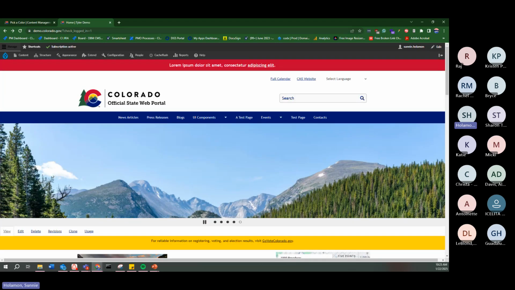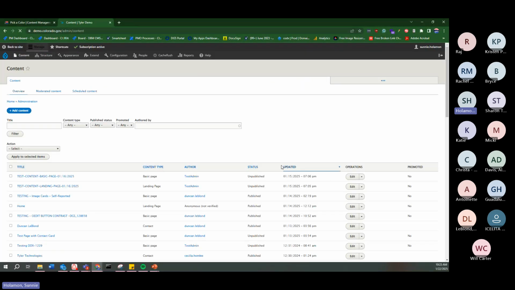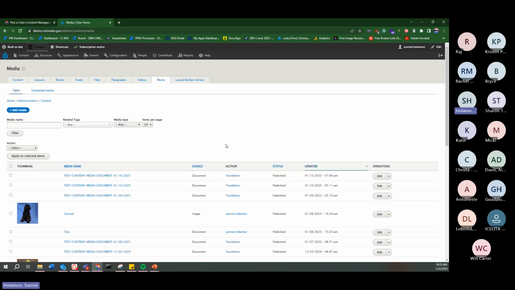So we need to start talking about content. Let's go ahead and get into our content module. Whenever I'm starting a new project, typically the first thing I have people do is go into their content module and find their media library. When I click on my media library, it's going to show me all of the documents and images that